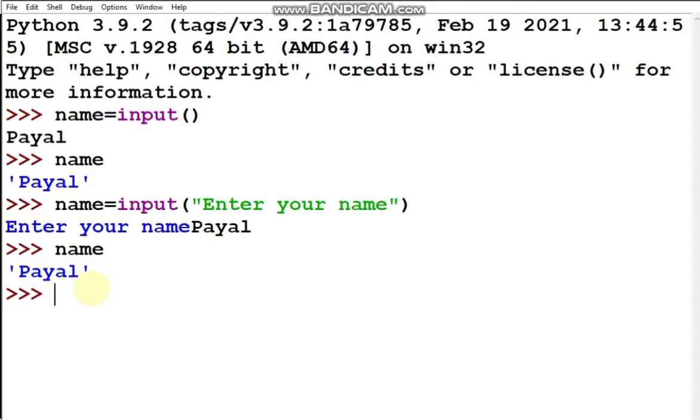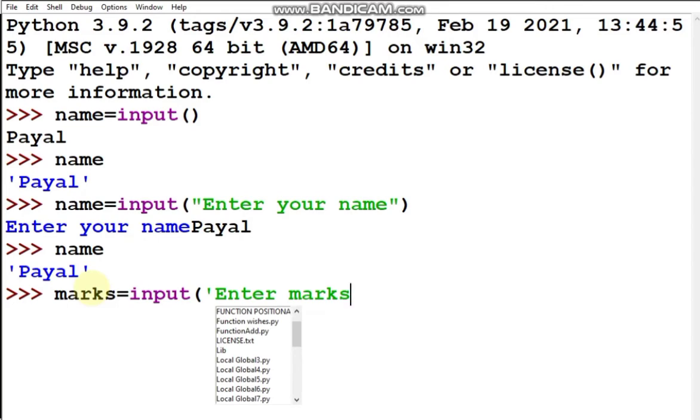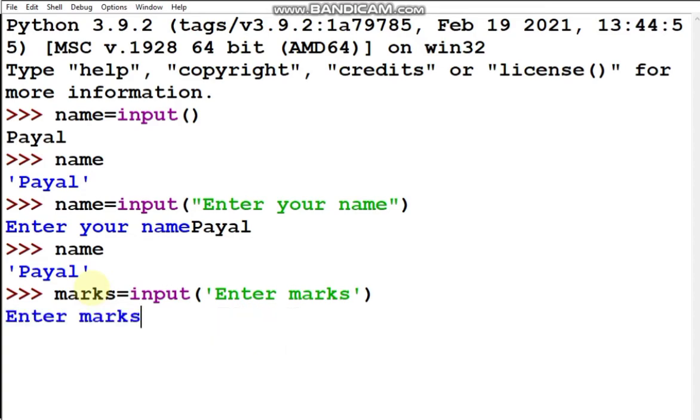Now let us take any value. Suppose marks I want to take, and I'm taking like this input, enter marks. So it is prompting me to give marks.